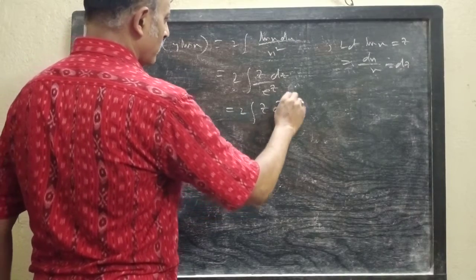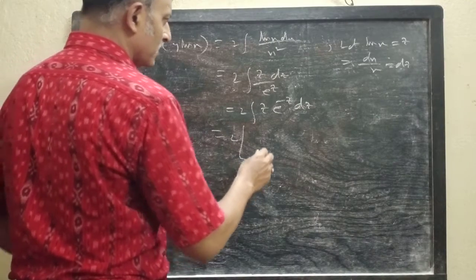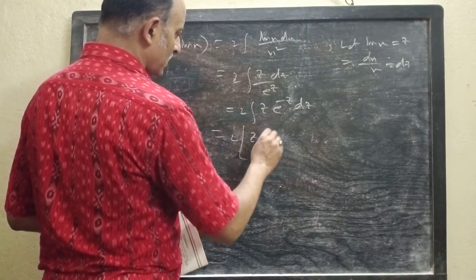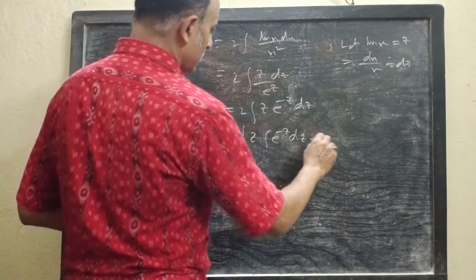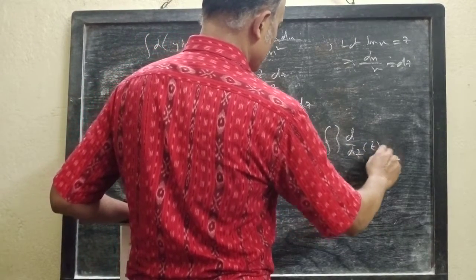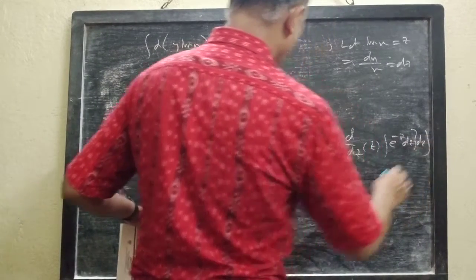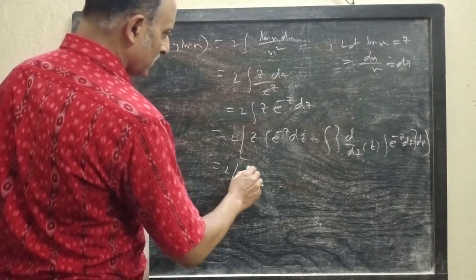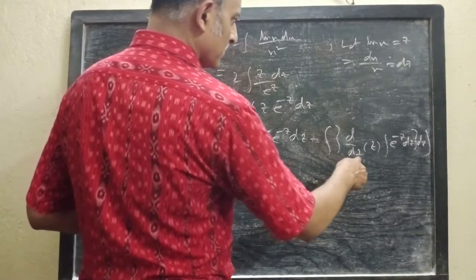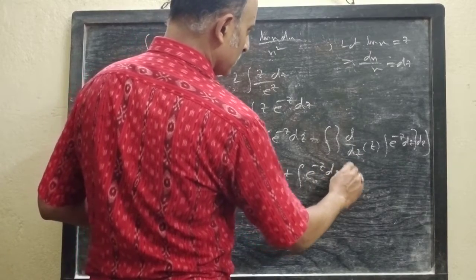This is z e to the power minus z dz. We have to do by parts here. 2 third bracket. Here z has to be taken as first function. So z integration e to the power minus z dz minus integration second bracket d/dz of z integration e to the power minus z dz second bracket closed dz third bracket closed. This is 2 integration. This is minus z e to the power minus z, minus comes outside, plus e to the power minus z dz.